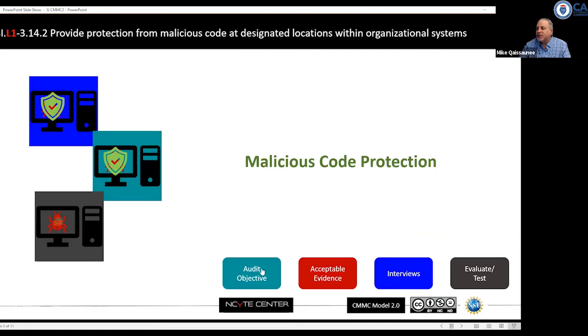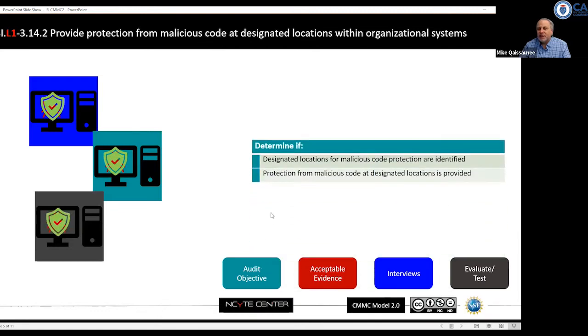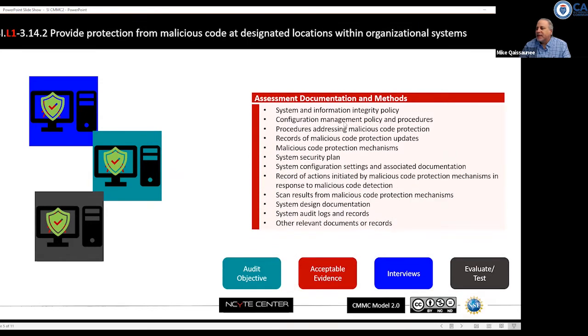Malicious code protection. So here we want to have designated locations for malicious code protection identified, and then protection from malicious code at designated locations is provided. So again, our integrity policy over here, configuration management. This is a new one here: procedures addressing malicious code protection, records of malicious code protection updates, malicious code protection mechanisms,